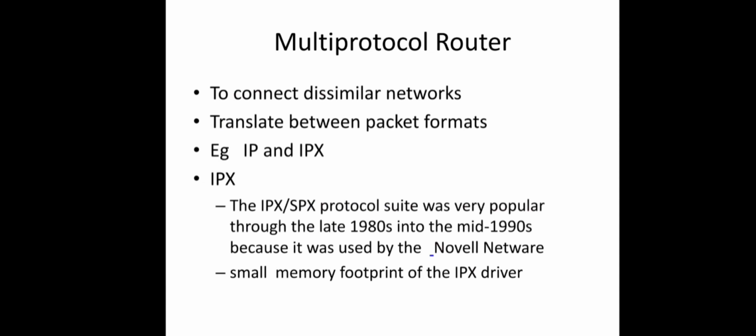So usually this router assumes the same protocol in the network layer. That means it can connect completely different networks like LAN, WAN, MAN, etc. But all of them use the same protocol, say just for example IP. But it can also connect completely dissimilar networks. Dissimilar in the sense that in the network layer also they may use different protocols. Just for example, one network may use IP in the network layer and the other network may use IPX in the network layer. So in that case, the router which converts the protocol is called a multi-protocol router.